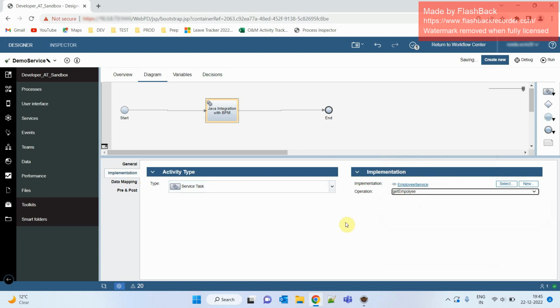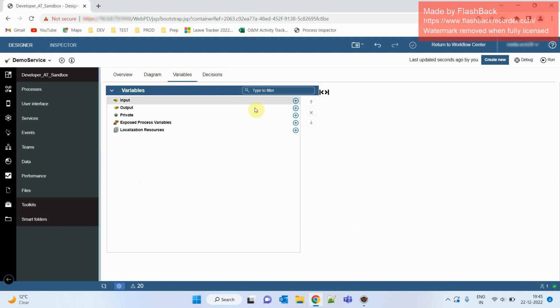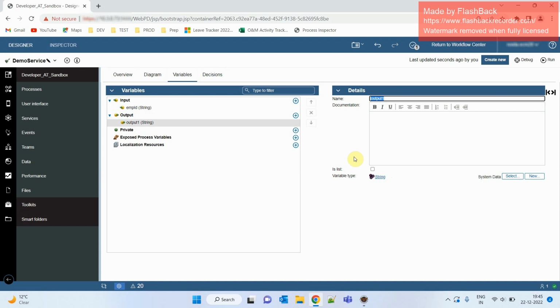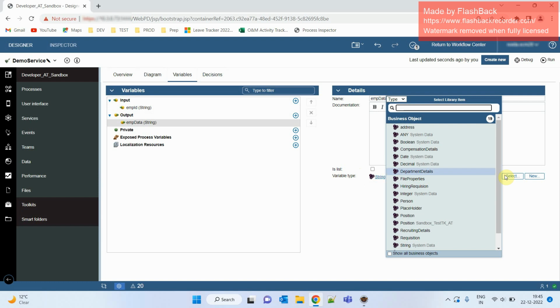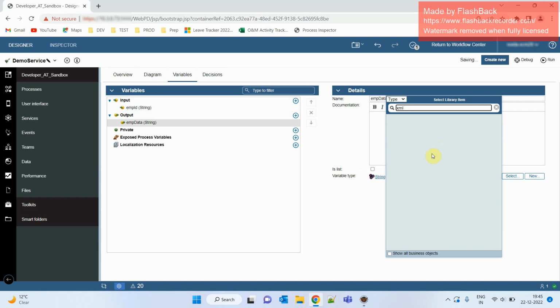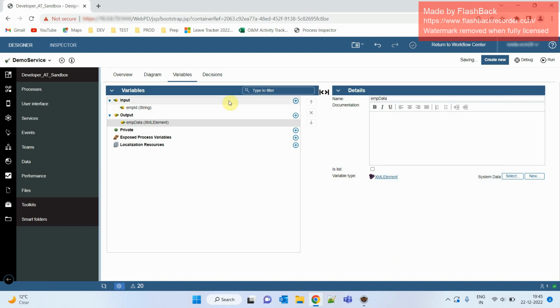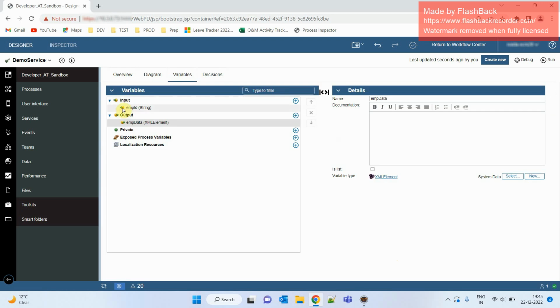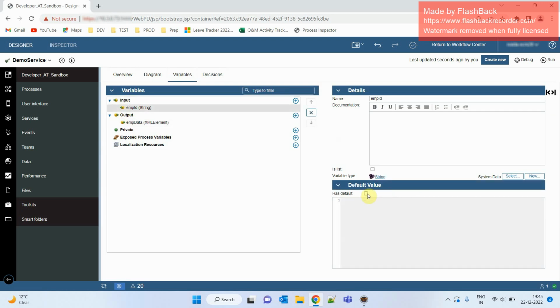So yes, it's done. Then go to variables, create a variable. So we'll be providing the employee ID as the variable. Keep the variable type as string only, and into output we'll create employee data and select the variable type as XML element. Show all business object XML element. Save the work. And one more thing, in the employee ID we'll have to provide a default value,